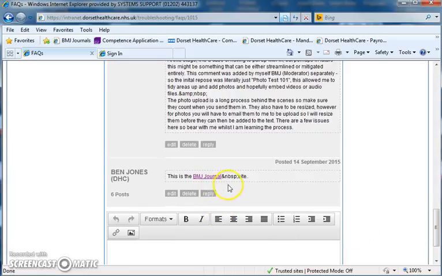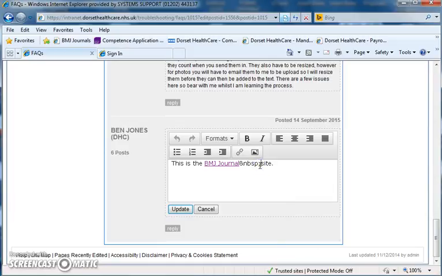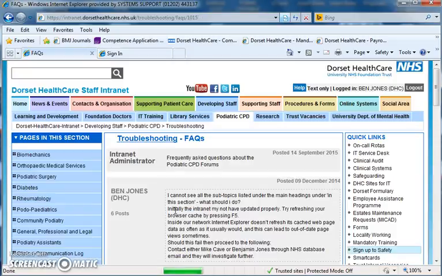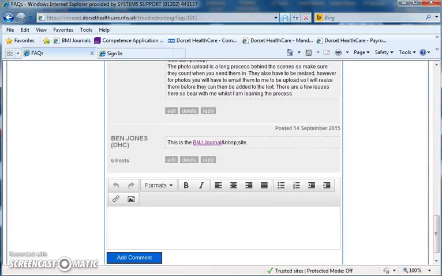that this is the BMJ, and unfortunately we keep getting this is something to do with the actual site itself. It's nothing to do with what we're doing, it's just the platform, which is SiteKit, and that's basically what we use to create all our intranet. There's not much you can do other than go back into it, and then you can physically delete these annoying little things, and just tidy up the actual forum itself, so you end up having this lovely clear coherent text. It doesn't always work, sometimes you have to go back in a couple of times, and that can be frustrating. I see it's still kept it no matter what I do, so in this instance we're just going to leave